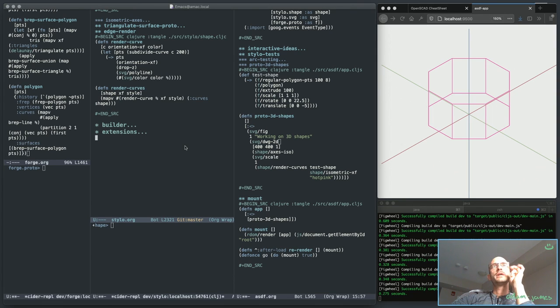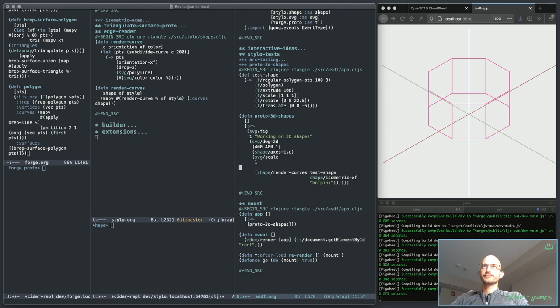Scale problem. I know why there's a scale problem. Theoretically, if I do this,